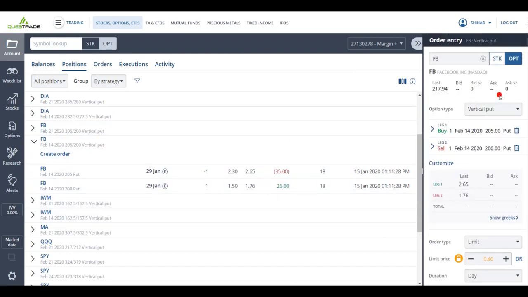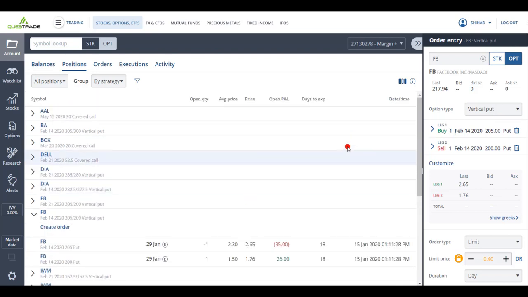That's simple. Obviously, there's different approaches to selling put credit spreads. I think that deserves its own video. For example, which strikes do I choose? How far do I go? How close do I go? When do I close the trade? What do I do if the trade gets in trouble? What do I do if the stock drops below my put option? But I think that deserves its own video. In this video, I just wanted to explain what a put credit spread is and how to actually execute the